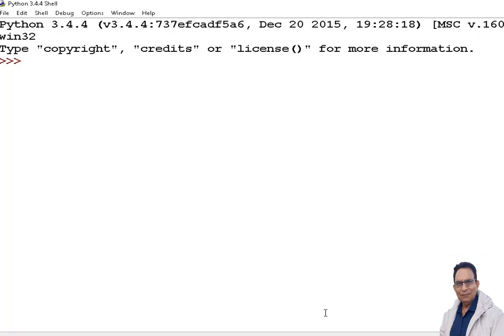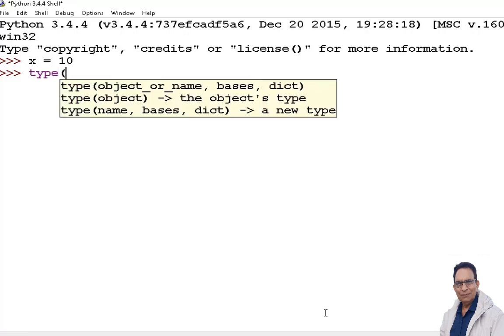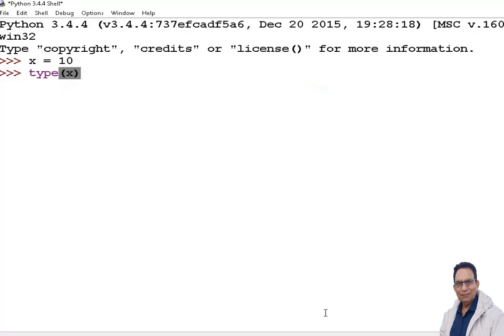I write x is equal to, let us say, 10. If I pass type, which is a built-in function, type(x), and if I press enter, it says class int. It means x is of integer type. I write another number, let us say a is equal to 3.5.